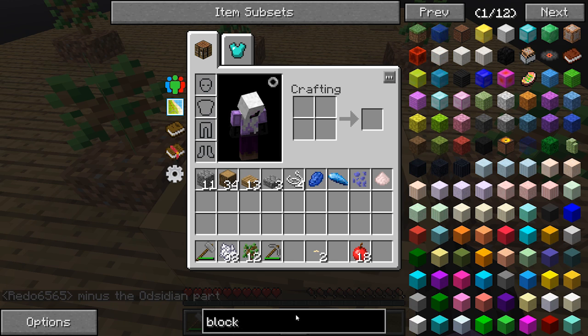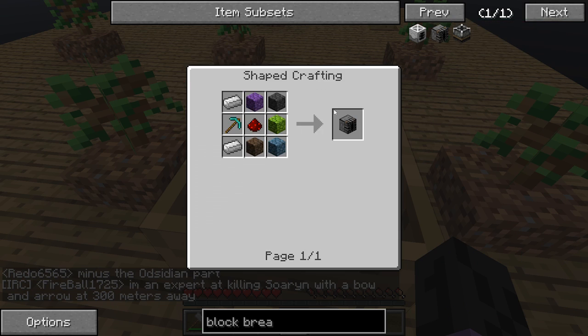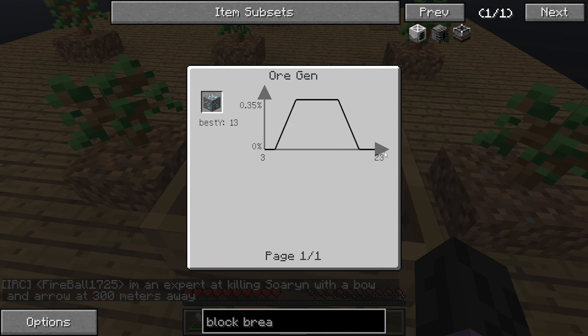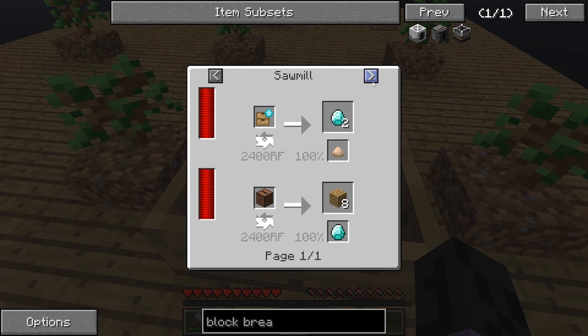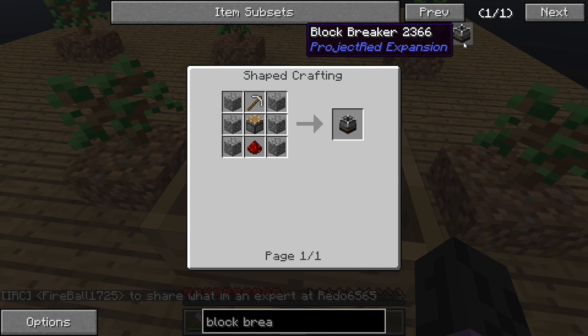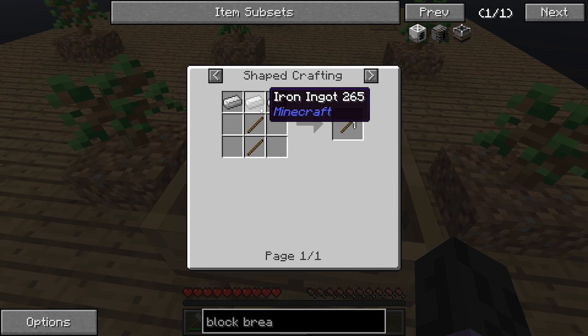Block breaker. We probably want our open blocks one, which is going to take a diamond pickaxe. So the question is, where do we get diamonds? Normal diamonds, please. And I know you can get them from sifting. Somewhere around here. Yes, from sifting gravel, there is a 1% chance. Right, what other chances do we have for block breakers? We also have our Project Red expansion block breaker. That's possibility 2. We need iron for that though,